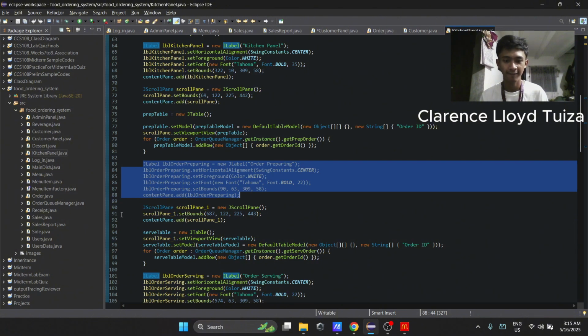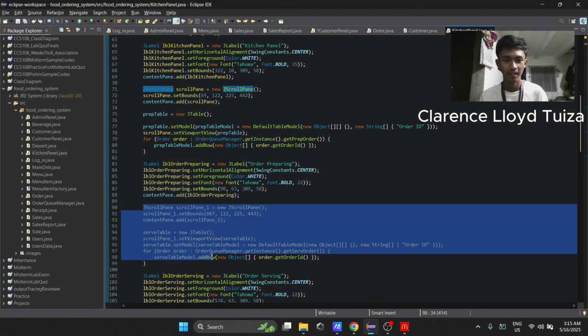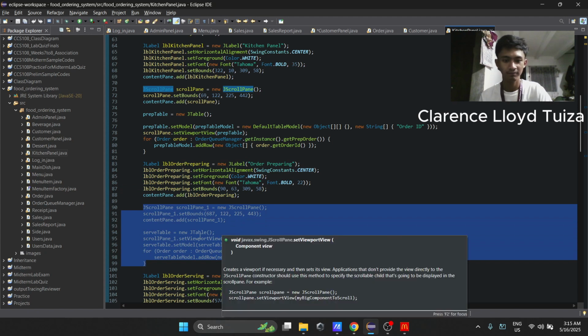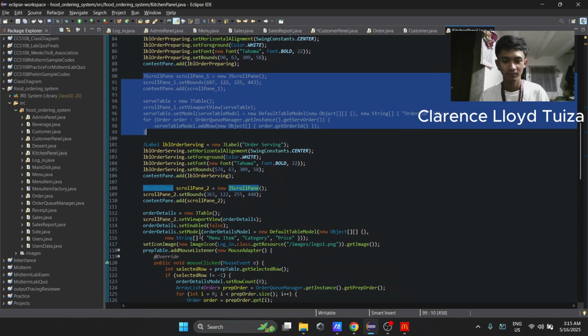Scoping and table. Identical structure to the left table but bound to the served order list.